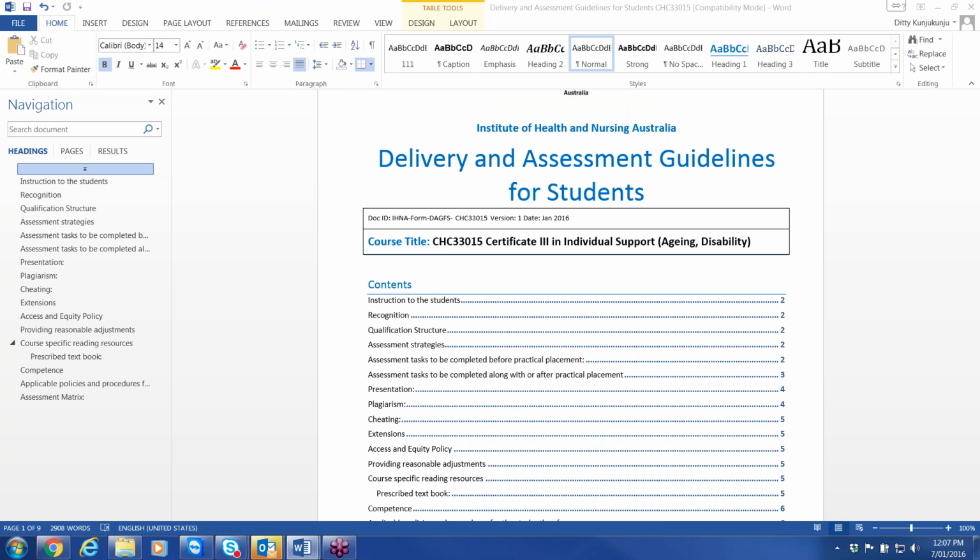So what they have done is they have taken all three courses and put them into a single course with three different specializations. The first specialization is aging, the second is disability, and the third is home and community care. There will be differences in units based on what specialization you take. For example, at the moment there are 14 units for this course, but if you just wanted to do one